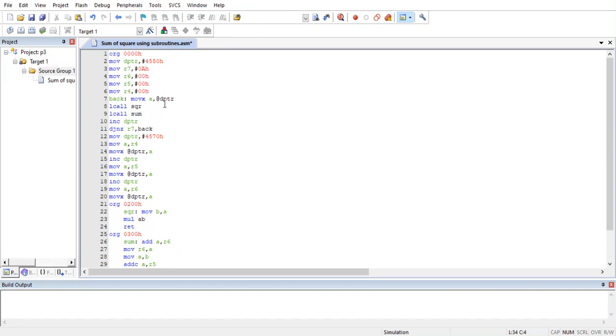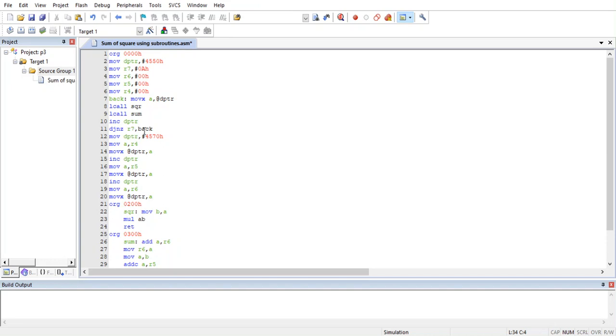When we start the program, we take the data into the A register from 4550 using the instruction MOVX A, @DPTR. We give the two calls: I'll call SQR and I'll call sum. Increment DPTR means we are incrementing the value of DPTR, which is 4550 becomes 4551, and then in the next loop we'll be taking the data from 4551, right?